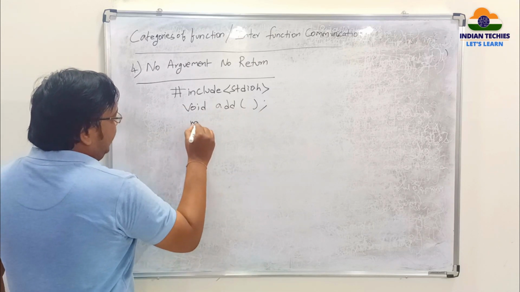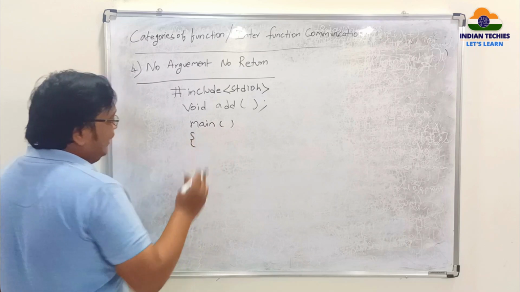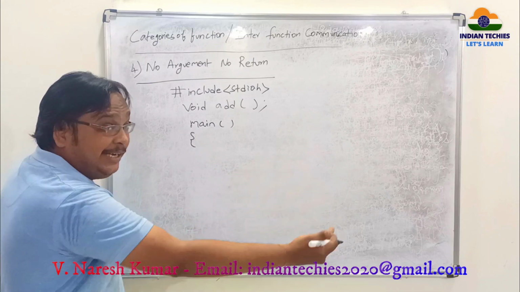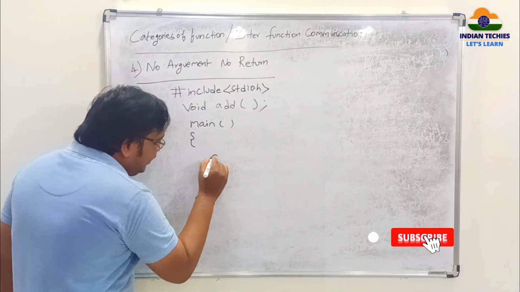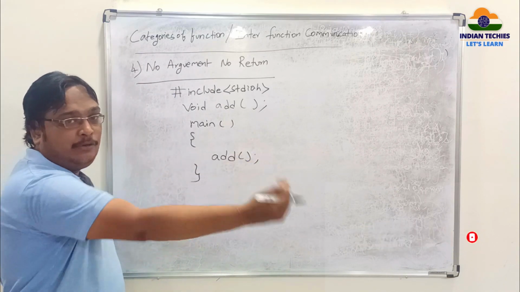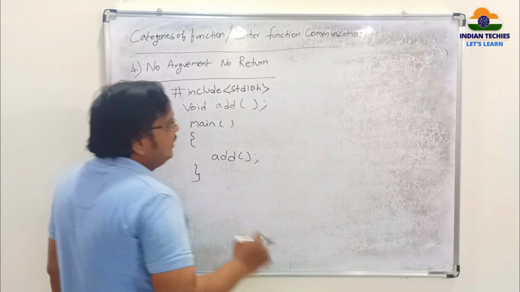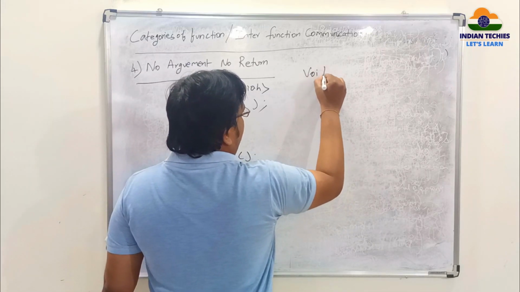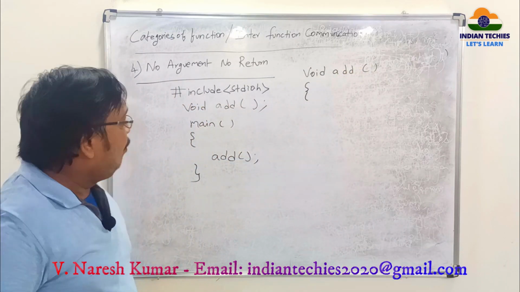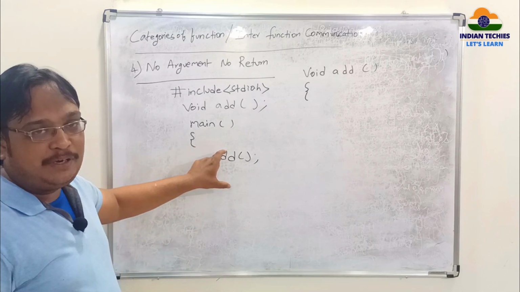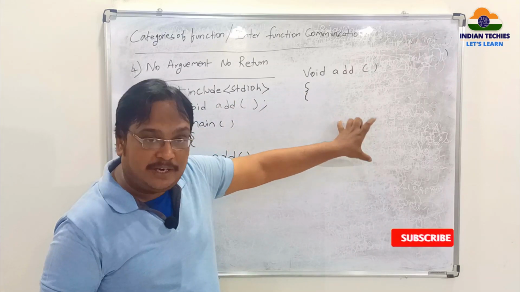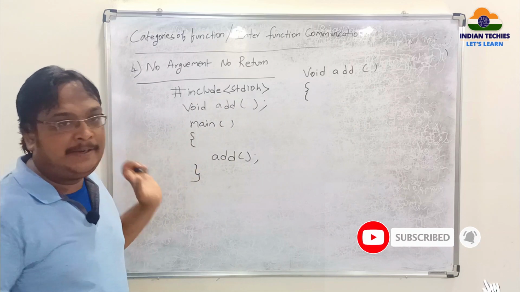Now how do you write it? Within the main function, you do not declare any variables because you need not send a and b values, and you are not getting any c value as a return either. Just execute the add function and close main. That's it, because there is no need of sending and no need of getting a return. Now you have to write this add definition. So void add. In this type of function, whatever lines we write inside the main function for normal logic, we write all those lines inside the user defined function and call that function inside the main.